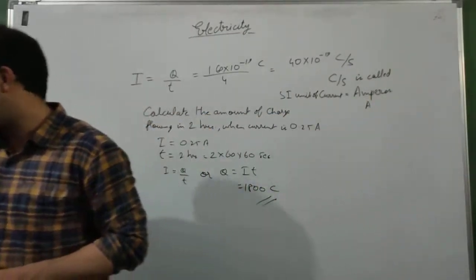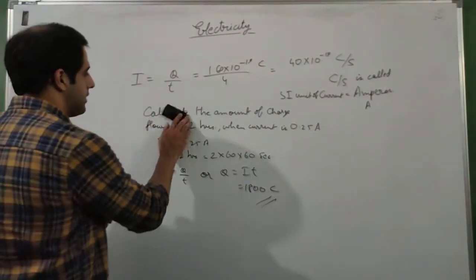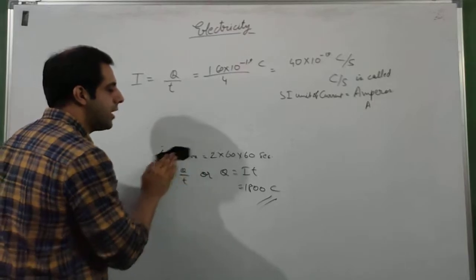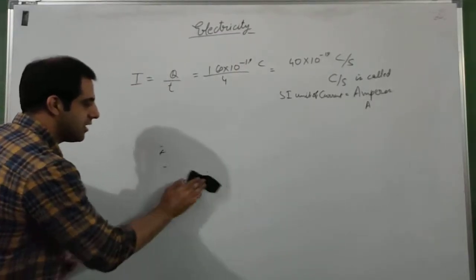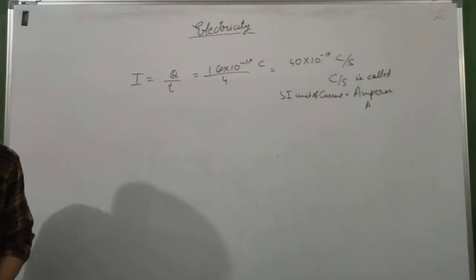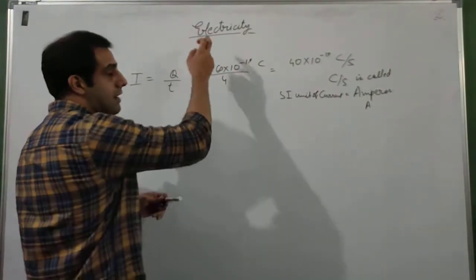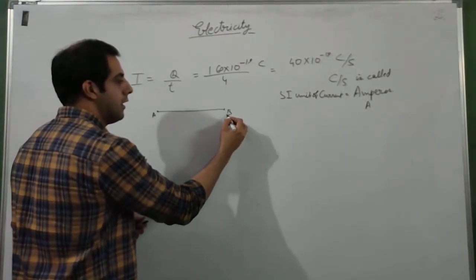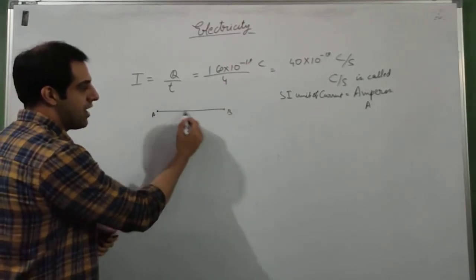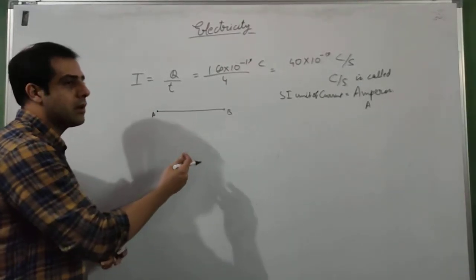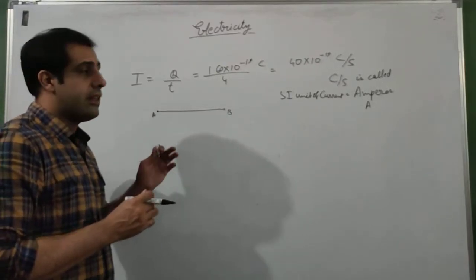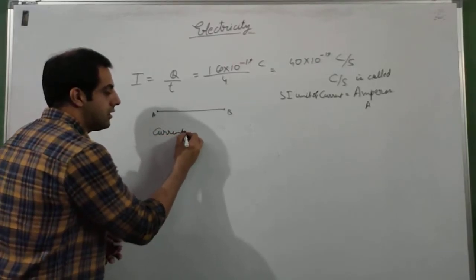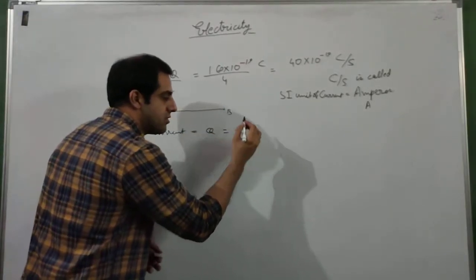Now here, don't get confused. If somebody asks you, is it necessary that charge has to be an electron? Obviously it is not necessary, because there are positive charges also. But here we are talking only about electricity. In electricity, there is a wire of certain length, and this wire is made up of a conducting material. The conducting material has atoms, and when there are atoms, then only electrons can come out of the atom. So as far as we are talking about current, then yes, charge will always be an electron.